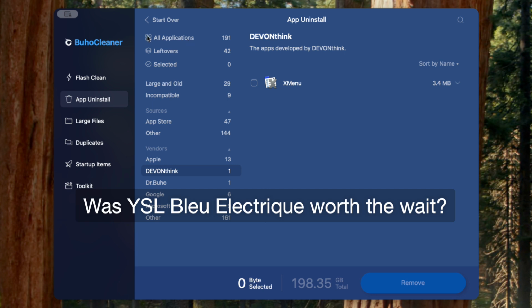Uninstall V2 apps gray. Image. Uninstall blah, blah, blah apps gray. Make that more clear. All applications. All applications. 191. Total 191 applications I have on the computer. I would imagine. I'm guessing we're getting there. All right. I got a lot of apps. That's ridiculous. All right. Dphone. Think. This is the app that is up to be deleted because this is the function of BuhoCleaner that I'm